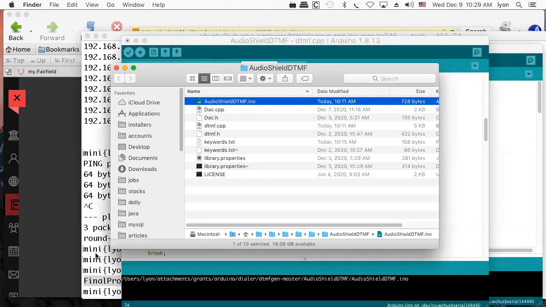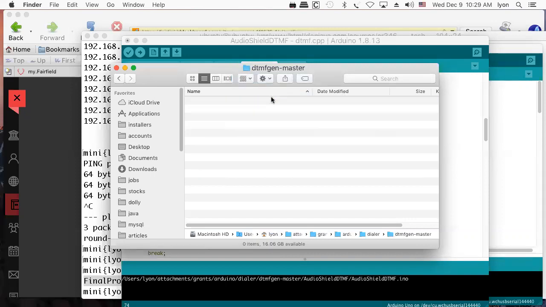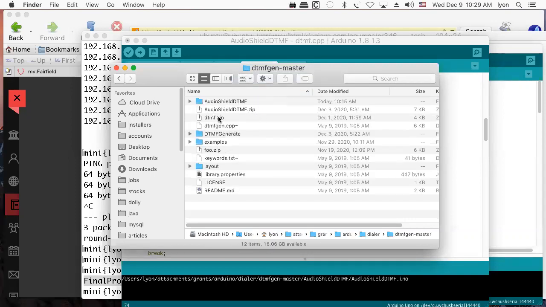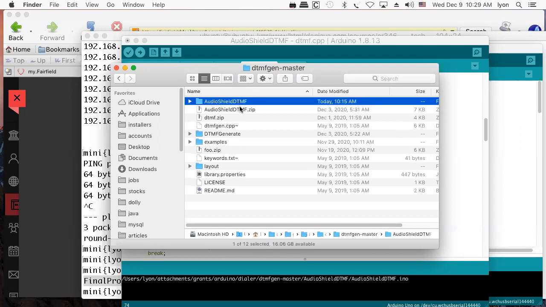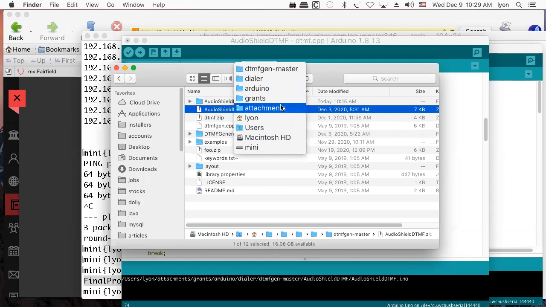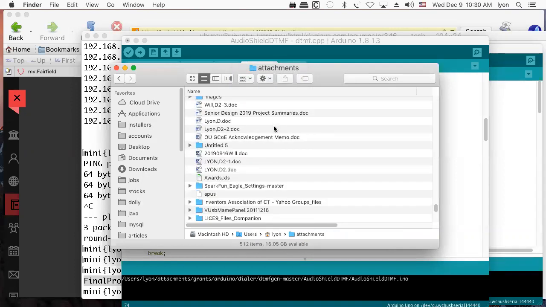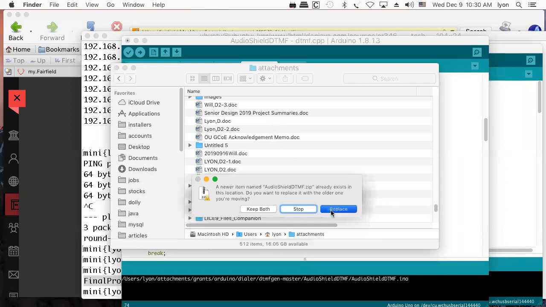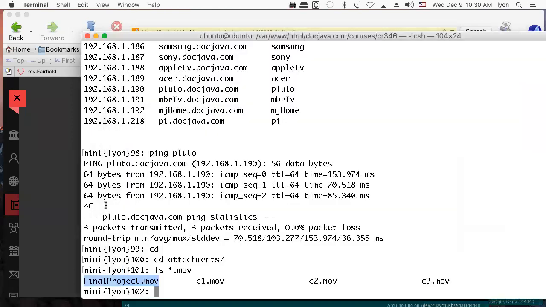So probably I either move this up, right, DTMF. Here's the zip file already. It's already got a zip file. That's cool. So what I'll do is, I was going to make a zip file, but I see I already have one. So that's cool. I'll put that into attachments as well. Paste. Replace. And so now I've got a zip file and a movie